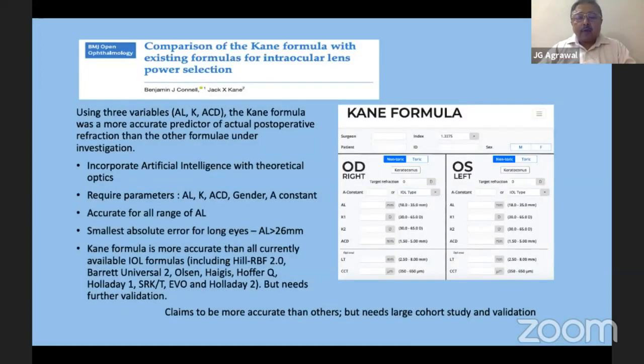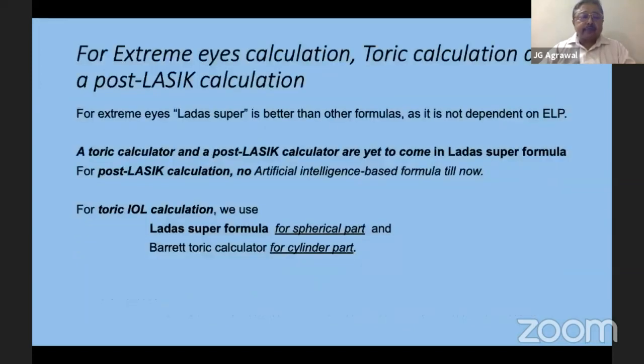Now, there is another formula, that is Kane's formula. The British Journal of Ophthalmology claims that it is more accurate than others. It also uses artificial intelligence with theoretical optics, but it needs a large cohort study and validation.